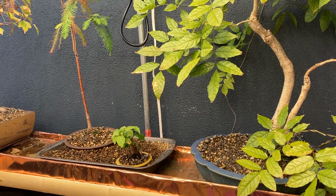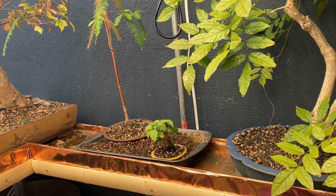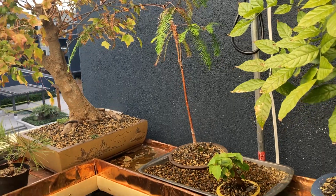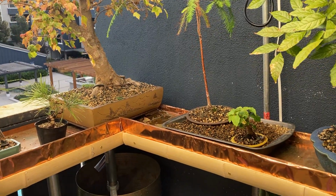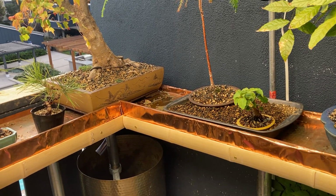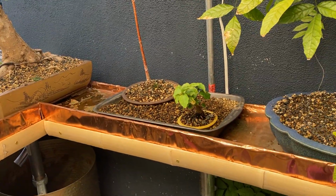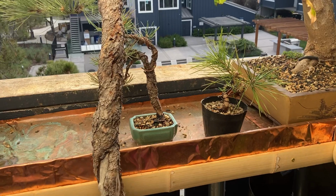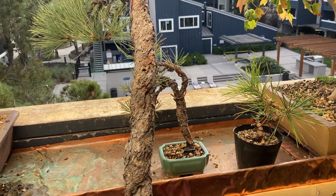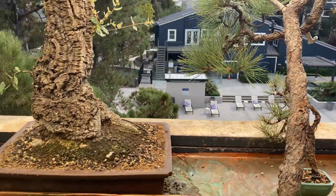So I took the pines out of it. I watered them about 10 minutes after I was done making that video, and then several hours later I looked at that and went, yeah, I'm not going to want those pines to be sitting in that damp substrate. But that's fine for those guys. That's not the alternative to cooling those pots down that I was looking for. However, the weather then broke and that wasn't an issue for right now, so I just put them back where they were